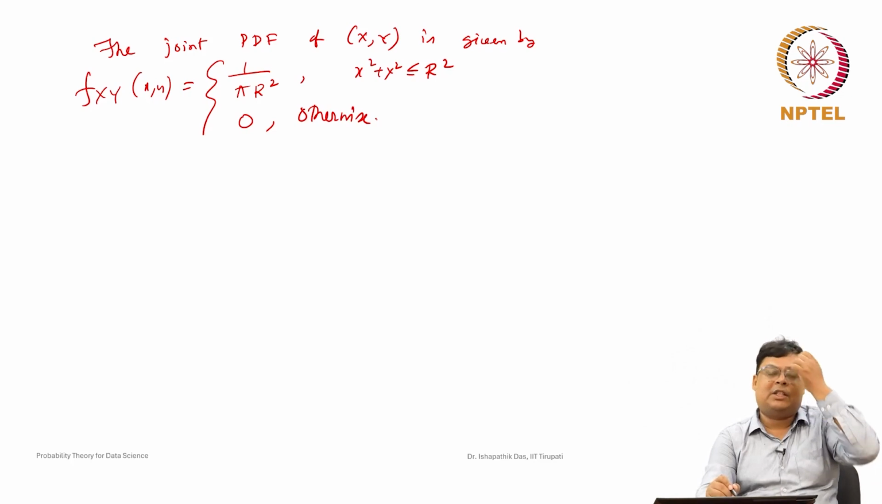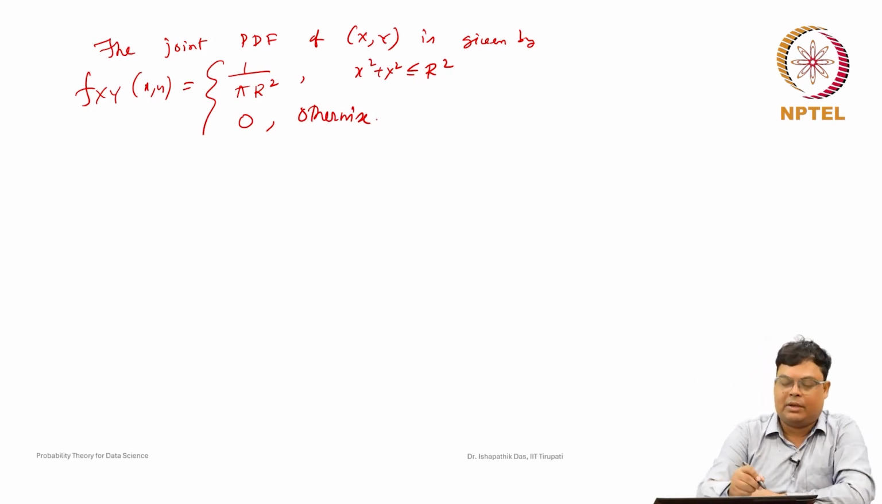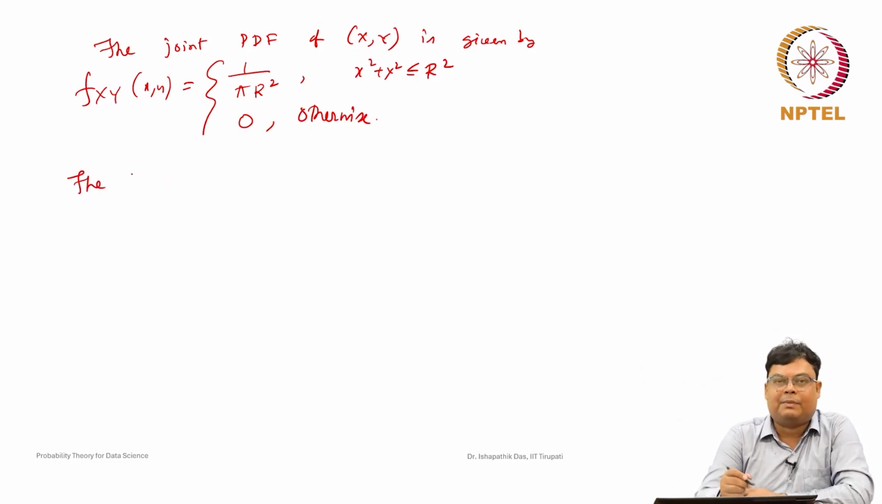Now we have to find the marginal probability density function of x and y. Marginal means that whenever we find the distribution of a subset of a random vector, one of the components of some